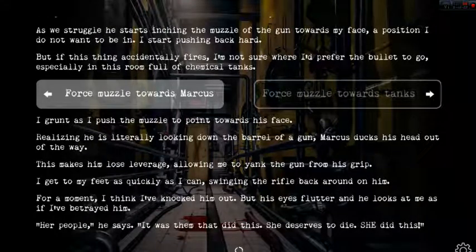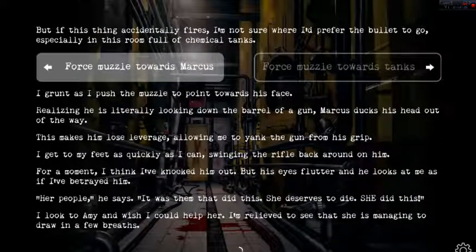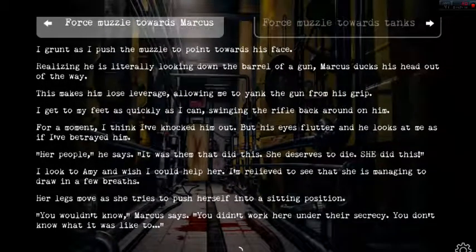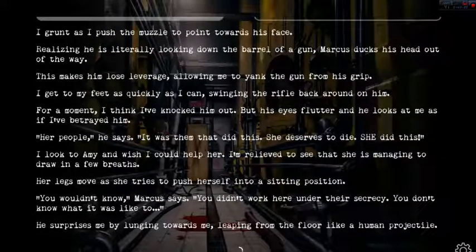"It was them that did this. She deserves to die. She did this." I look to Amy and wish I could help her. I'm relieved to see she is managing to draw in a few breaths. Her legs move as she tries to push herself into a sitting position. "You wouldn't know," Marcus says. "You didn't work here under their security. You don't know what it was like to..."